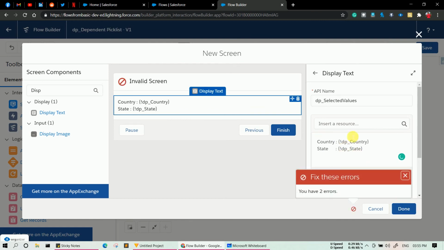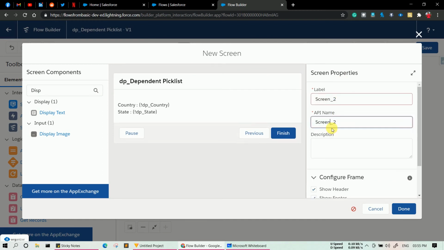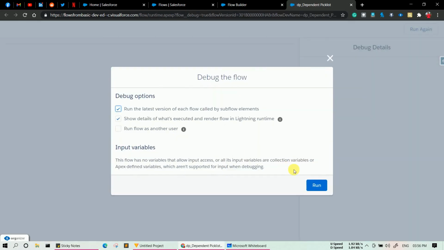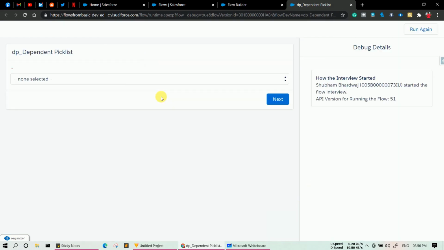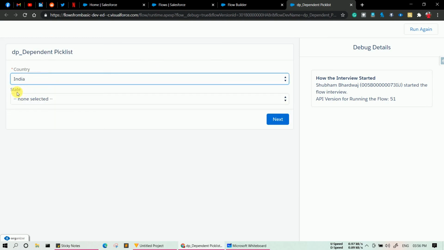Okay, I have to provide the screen name. Let's say screen 2 and click done. Connect the screen and let's save this and click on debug. Click run, and as you can see, country none selected, and if I select India over there, state automatically appears.